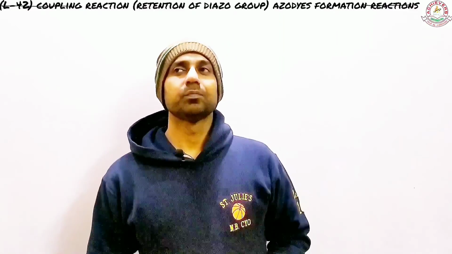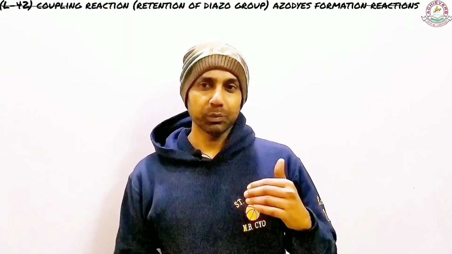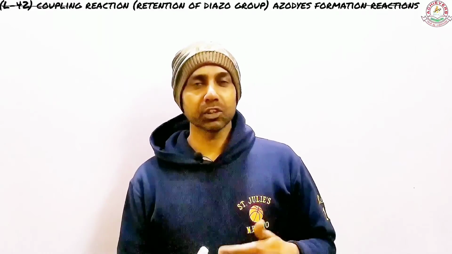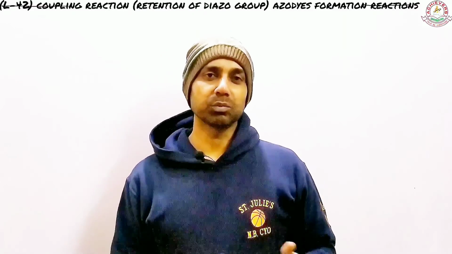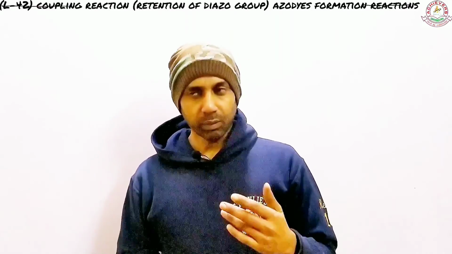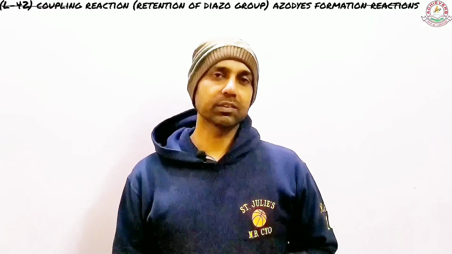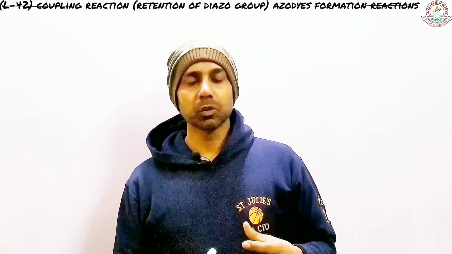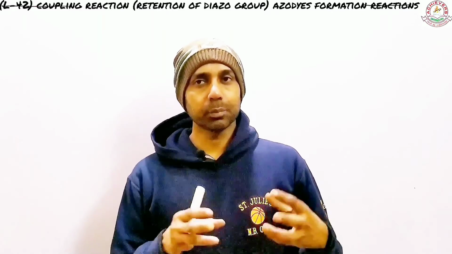What I'm doing today is the last topic of mine, which is about the retention of the diazo group in the chemical reactions exhibited by the diazonium salt. It basically has three reactions actually, I would say two exactly in the NCERT. And these two reactions are about producing dye. So these are dyes that are produced using the diazonium salt, right?